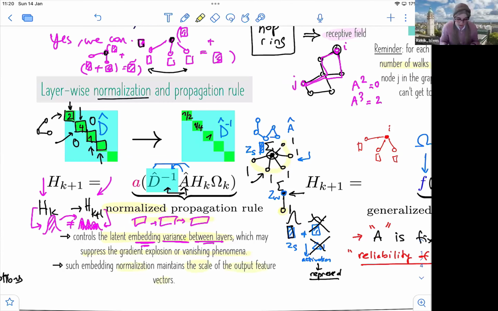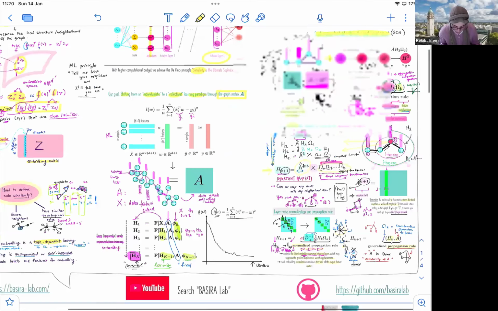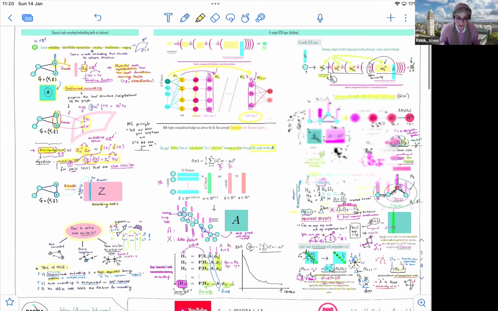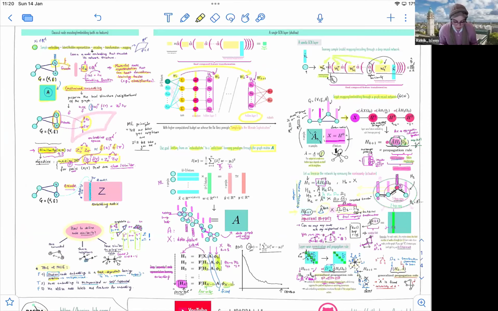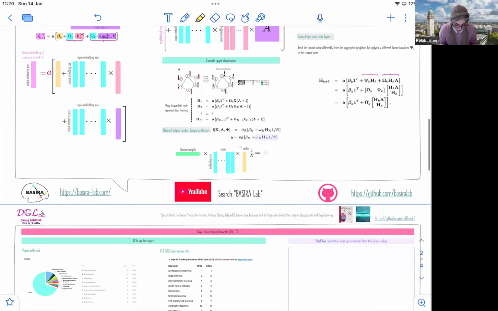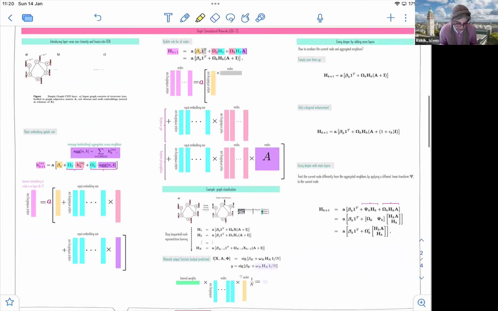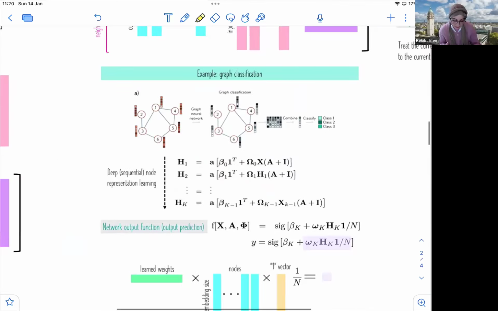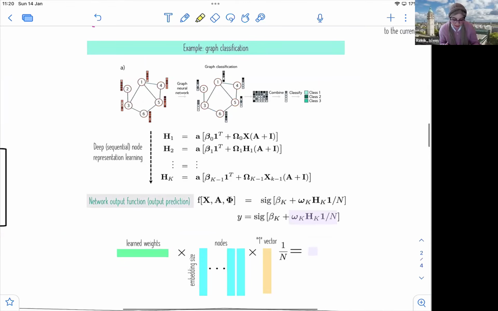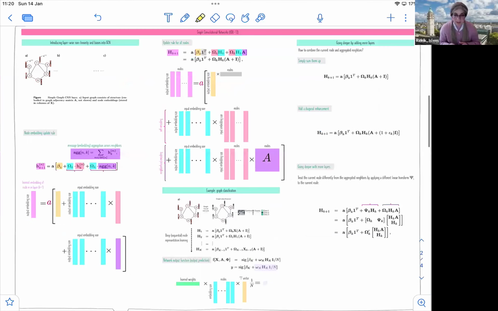So this embedding normalization maintains the scale of the output feature vectors, and it's something good to have. All right, cool. Good, so this was a brief introduction into a vanilla GCN layer. And now in the next part, we're going to look at final examples, introducing the biases and more nonlinearity, and rewriting that properly with all these beautiful matrix multiplications using linear algebra. And then we're going to look at last a simple graph classification task. And that will wrap up this